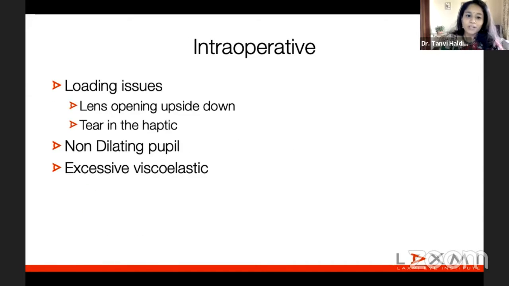The intraoperative complications may occur as a part of the surgeon's learning curve, like Ridhima explained, because there is very low scope for error. The loading of the lens may be a bit tricky, it can cause some issues. And if the eye has a non-dilating pupil while you're implanting it, it may become difficult to insinuate the haptics under the iris. Again, a non-clearance of the viscoelastic from the eye can raise the pressure of the eye immediately post-op. So I prefer to use methyl cellulose, even though Mukesh prefers the other way around, because I feel that even if I leave it a bit back, it won't bother the eye too much, versus if I leave a sodium hyaluronate, it could cause more inflammation since it's a little bit more bioactive.